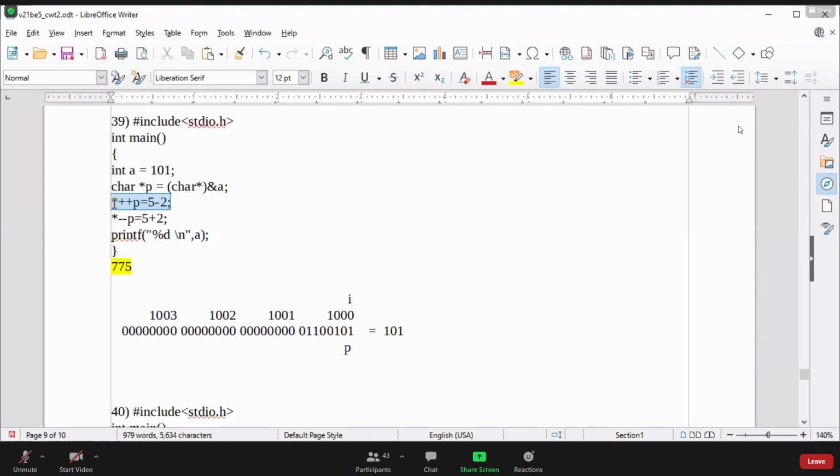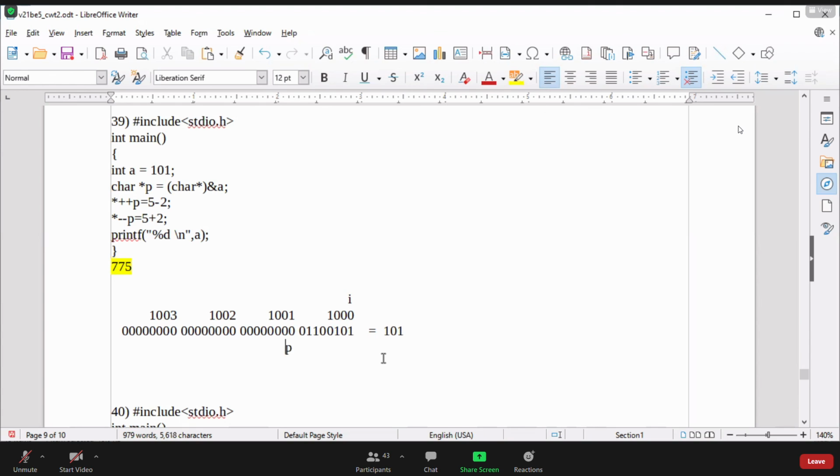Line number 3. Now here, *++p. Initially P was pointing at location 1000. Now when we do ++p, it's a pre-increment, so first the pointer's address is going to increment, and then the assignment happens. It's a character type pointer, so when we increment its address, it will increment by 1 byte.